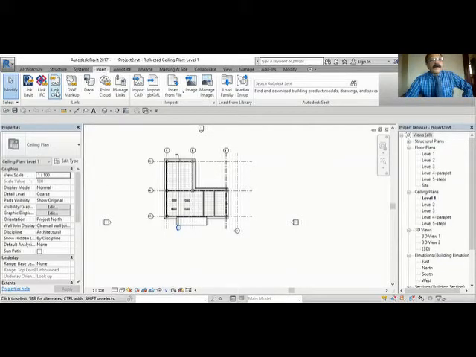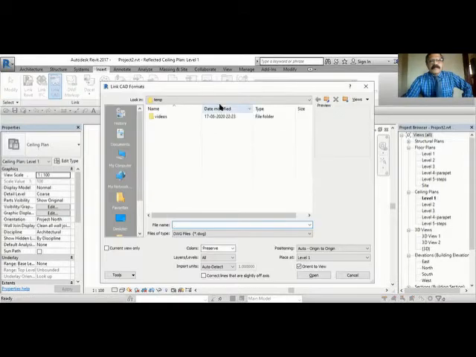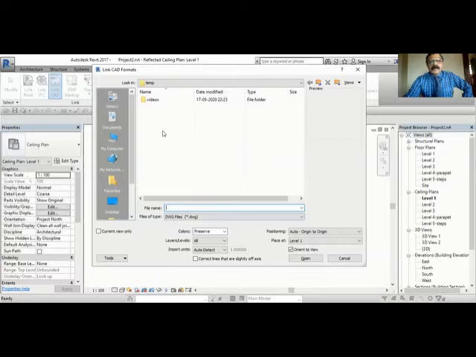So when you link AutoCAD, you get this screen, and here the drawing will be shown. You have to select the drawing. At present, I don't have any AutoCAD drawing here. And here you can see Current view only. When you insert that drawing, it will be seen only in the current view if you tick this. But you may want to see that drawing in all the views, even if you go to 3D.